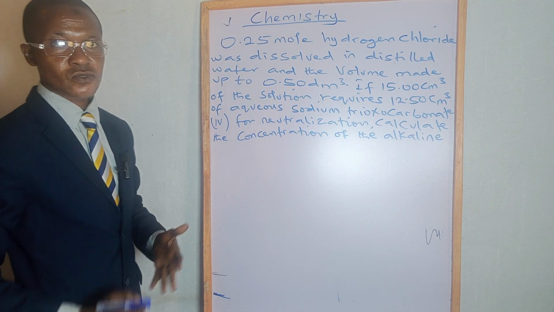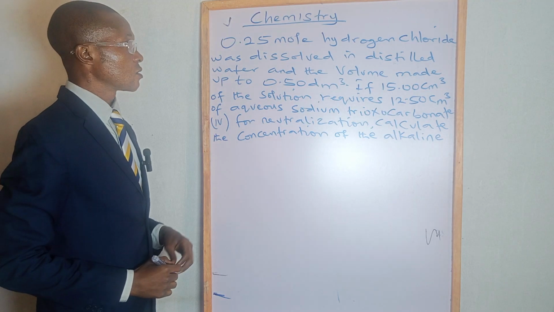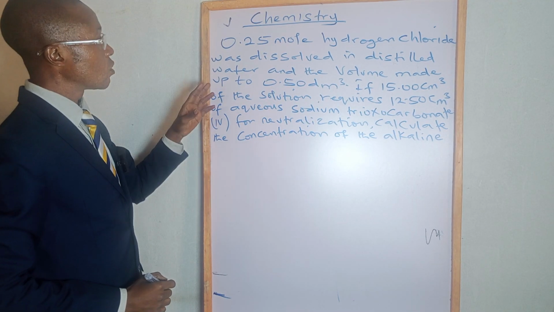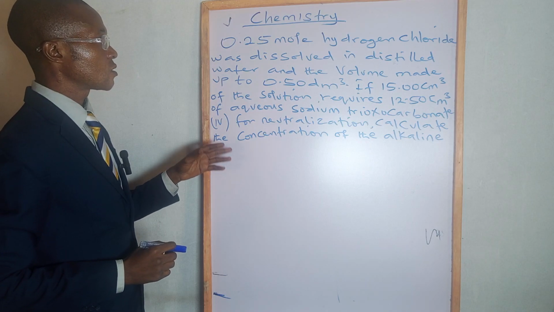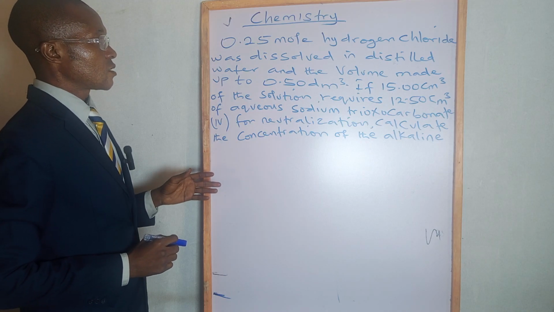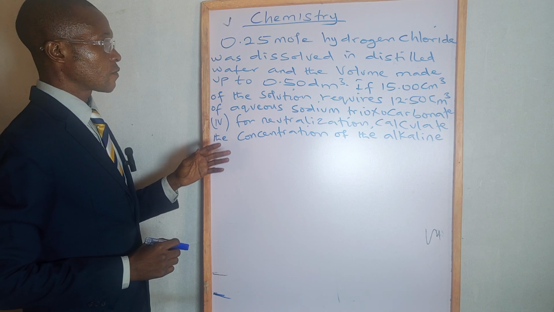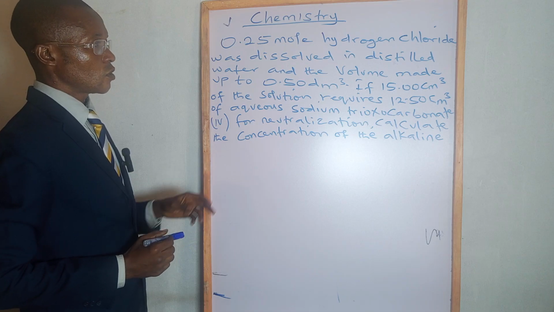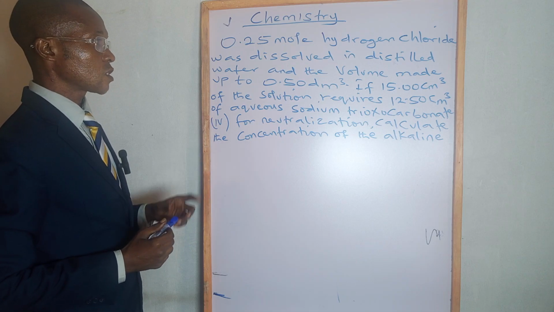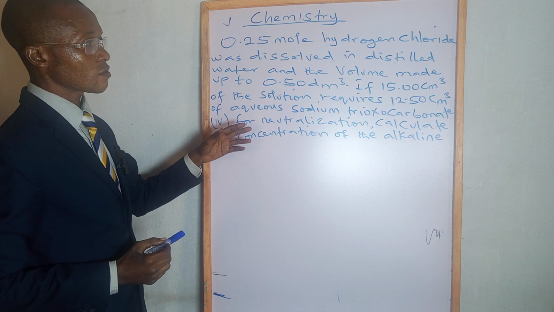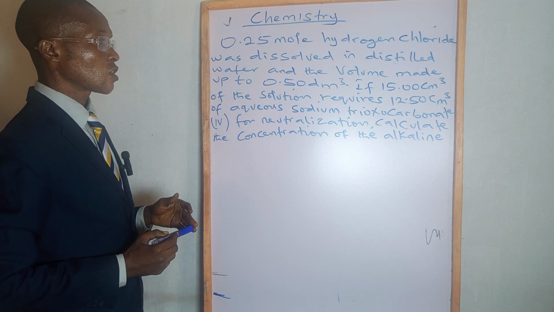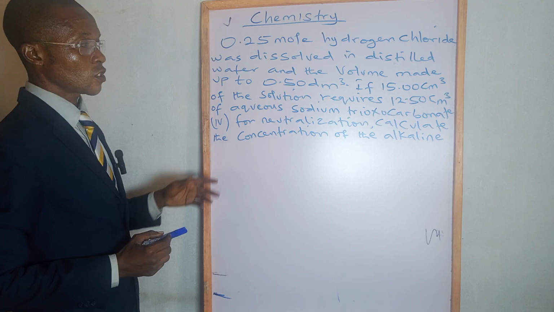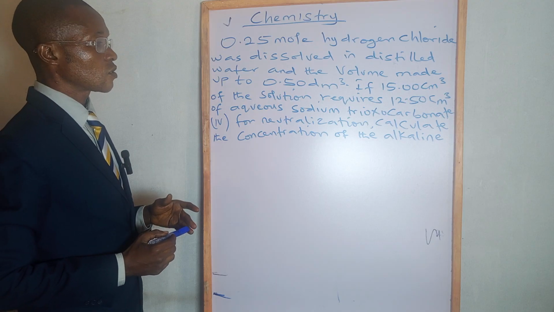All right, welcome back to our chemistry class. We have this question to solve. 0.25 mole of hydrogen chloride was dissolved in distilled water and the volume made up to 0.50 dm³. If 15.00 cm³ of the solution requires 12.50 cm³ of aqueous sodium trioxocarbonate(IV) for neutralization, calculate the